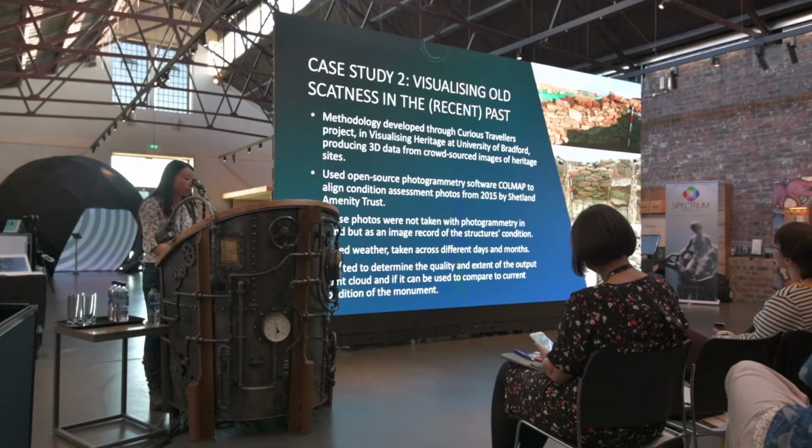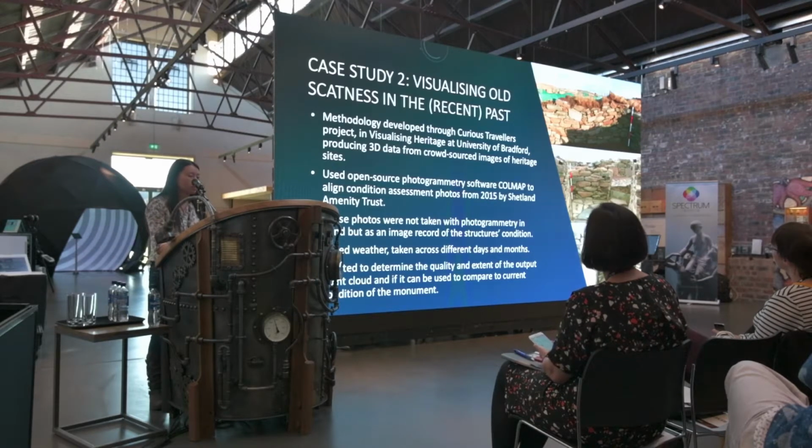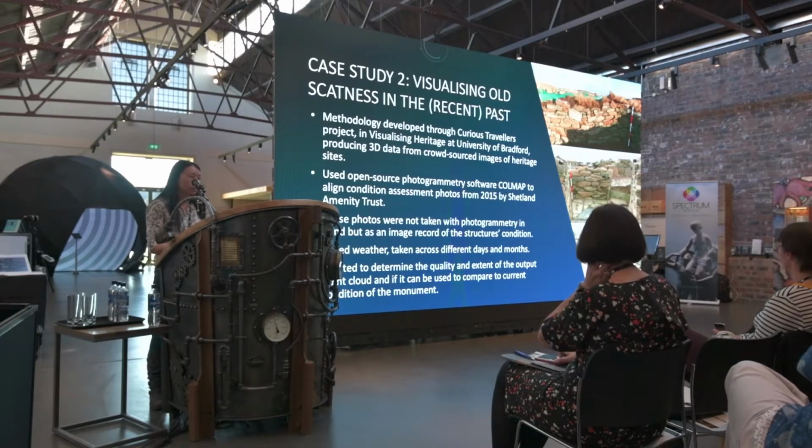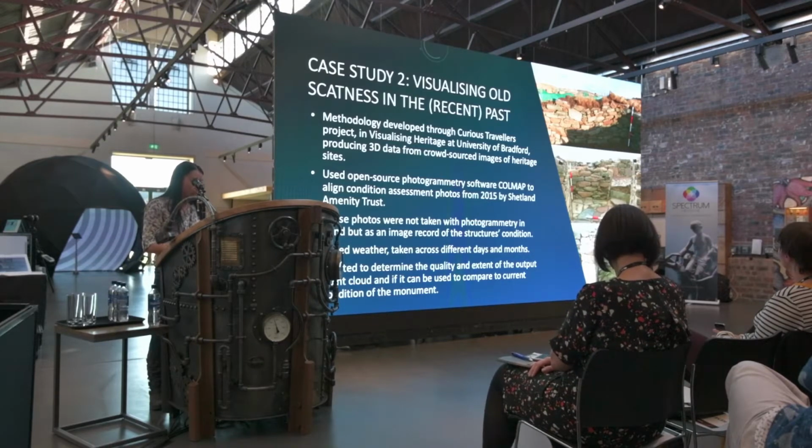I've been going through images of Old Scatness, which were taken as consolidation record photos back in 2015, so not that old, but they were never taken with photogrammetry in mind. I thought this would be quite a useful resource because I could compare the site in its condition back then, just three years ago, to what it looks like now with the latest laser scan data that we've acquired. So what I've been doing here is using this open source photogrammetry software called Colmap to align